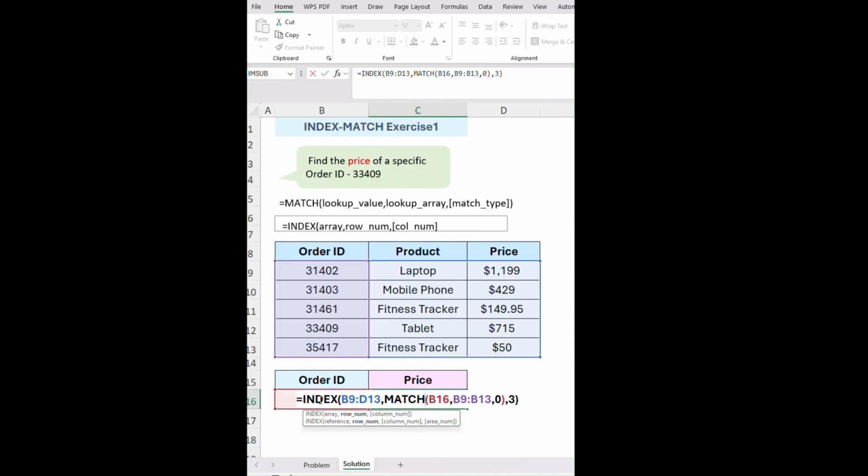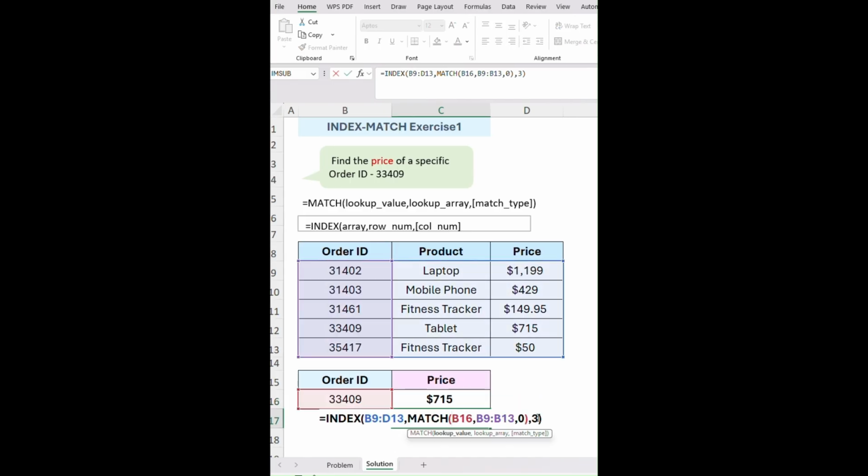So outer formula is index, where you have the array, the row num, and the column num. If you can observe, the second argument is row num, where we are using the match function to get the row number. So let's do this formula again. Here is equal to index